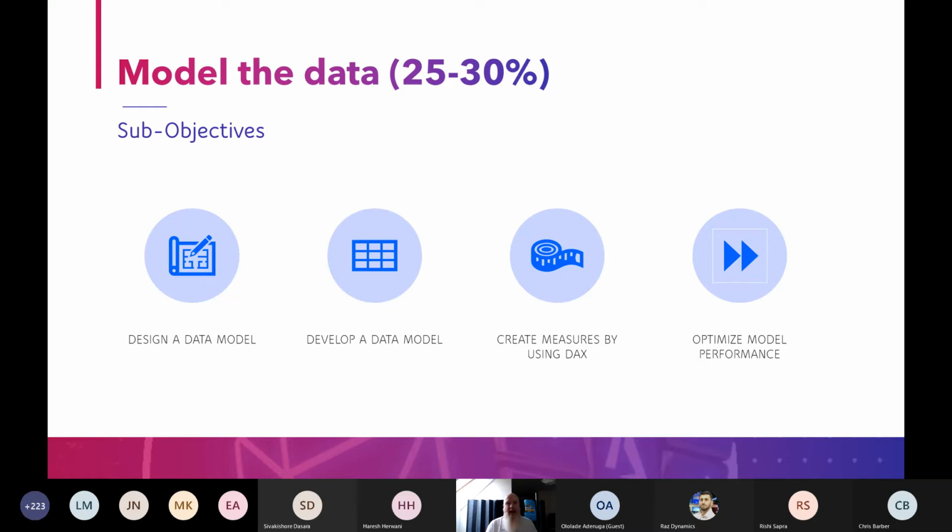Right, then we get into measures with DAX. This is where you need to understand some basic DAX features. I know there's 200 odd DAX functions, but the key ones are CALCULATE and SUMX. Know the difference between SUMX and SUM. Understand what CALCULATE does, understand what RELATED means to filter out. I know there were some really good sessions earlier on that, with dimensions. Okay, dimensions, not DAX. But for the purpose of this, it's DAX.